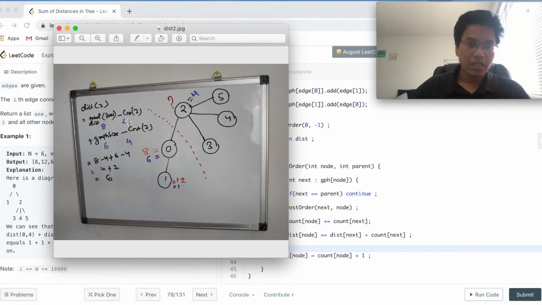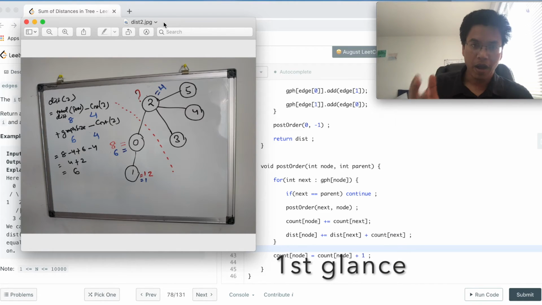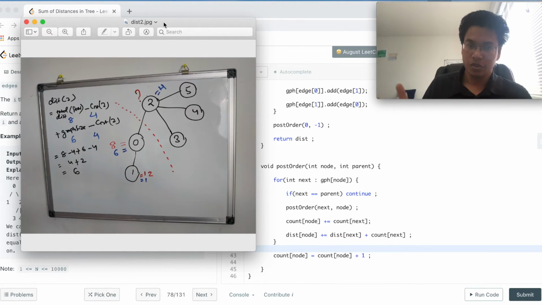Now let's see distance of 2. Distance of 2 is distance of 0, which is 8, minus count of 2, which is 4, and then total size of the graph minus count of 2, which is 2. 6 minus 4 is 2, right? So total is 6, right? Does it make sense? Is it clear?